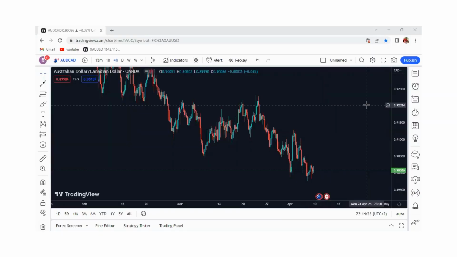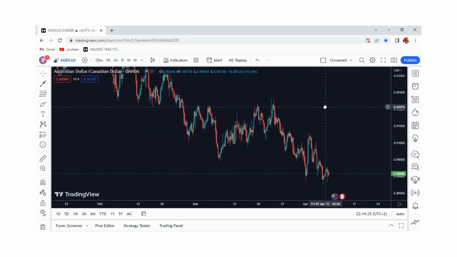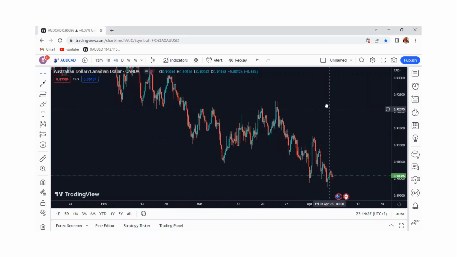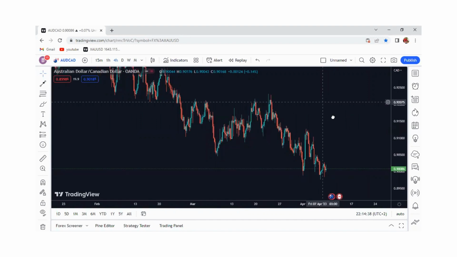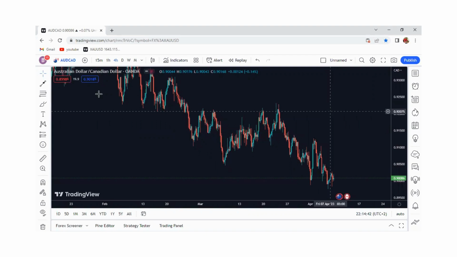So let's get down to the chart so I can show you what I'm talking about. Before I normally place a trade, the first thing I look at is how the market is moving, because you have to see how the market is moving in order to know whether you're going to sell or buy. By looking at the market, I can tell you that I'm looking for a sell. Let me just show you how this